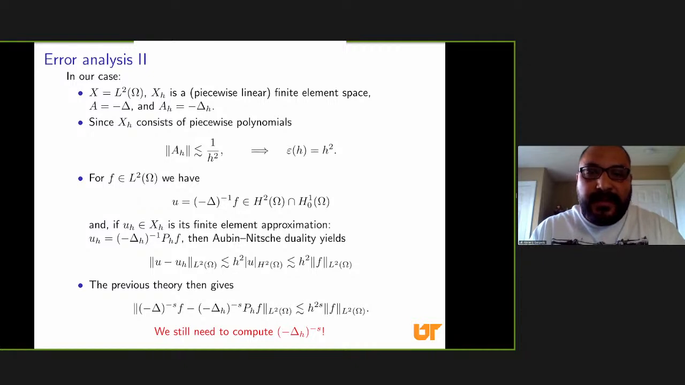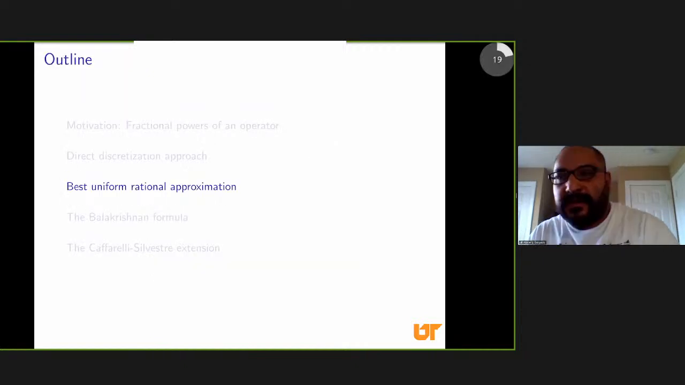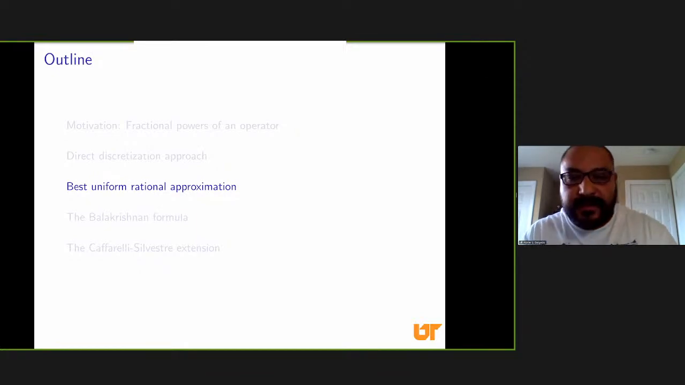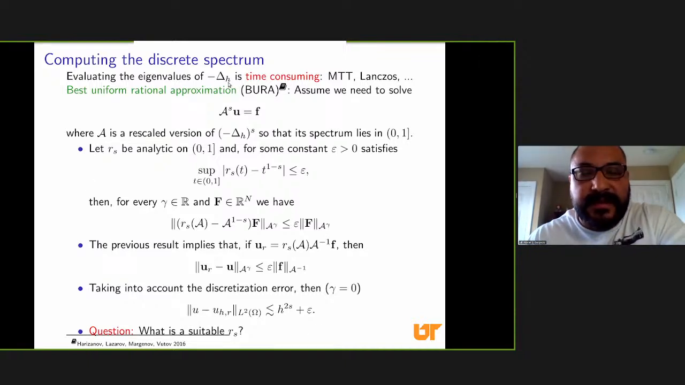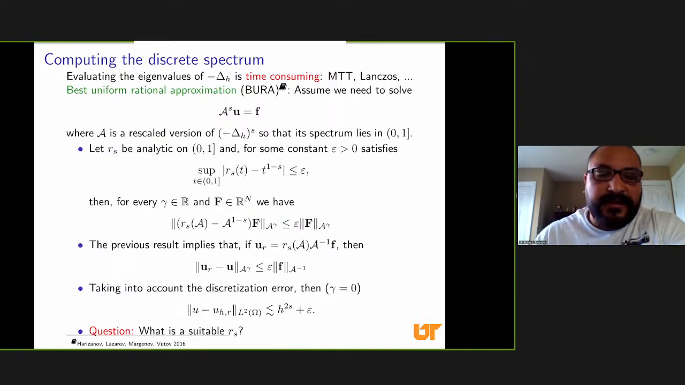So maybe there's better approaches. And one of them is known as the best uniform rational approximation. Like I said, evaluating the eigenvalues of the discrete Laplacian is very time consuming, although there are methods for that. So instead of this, there's an approach proposed by Rachel Lazaroff and his collaborators, and they have been working on it for quite a while,